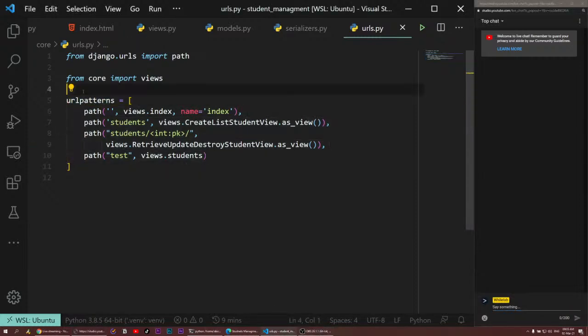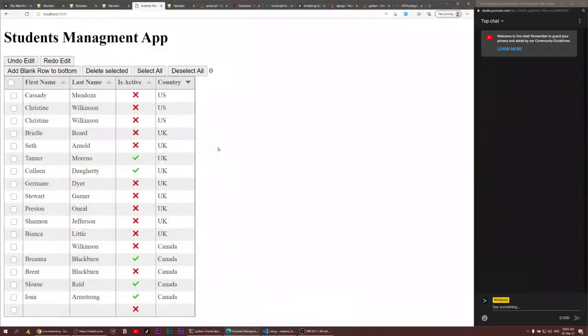As you can see, we have our Django app over here. The progress we've made is that we created the front end, the students management app. Maybe we can improve the style today if we have time. We have this table, which basically helps us with